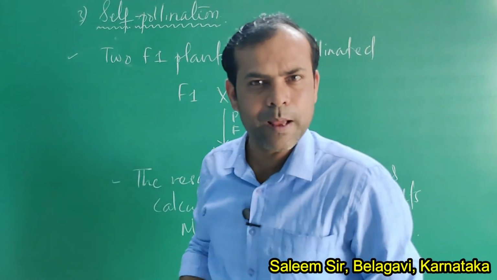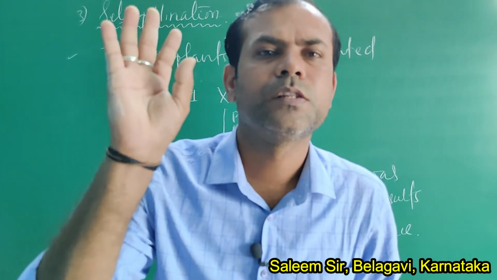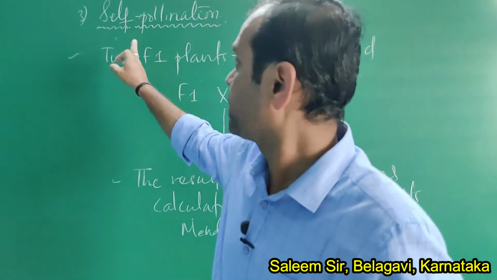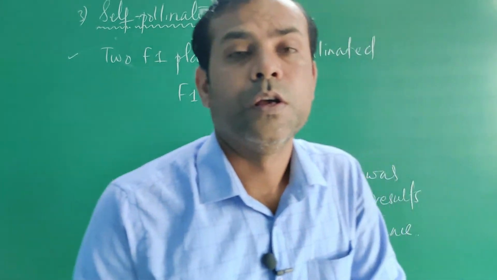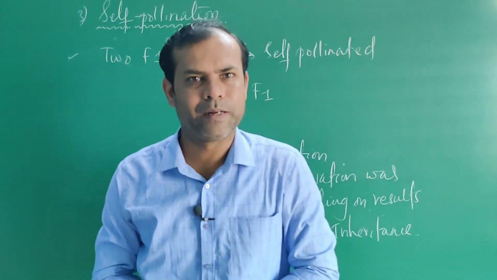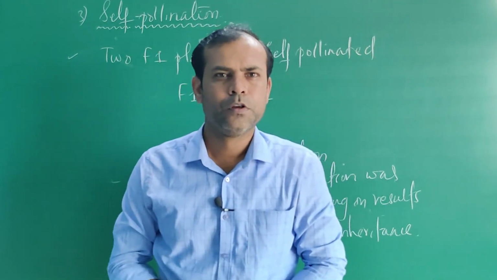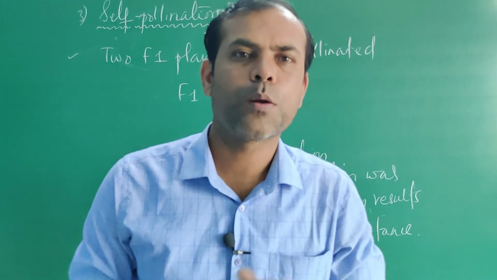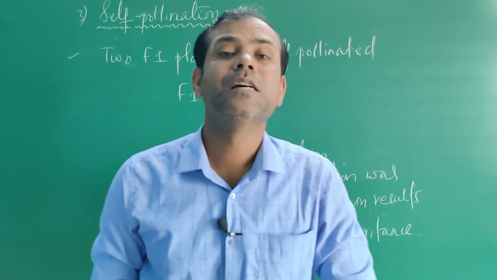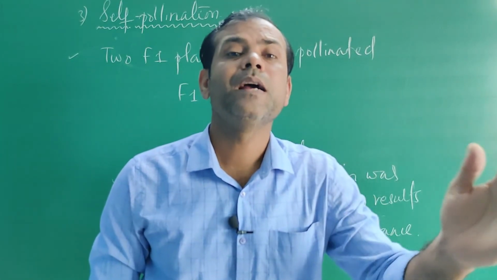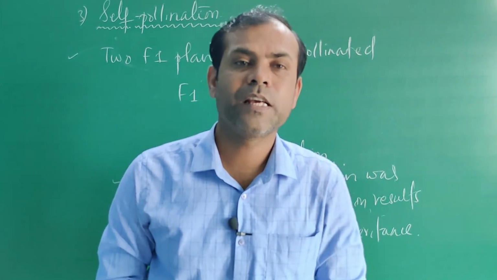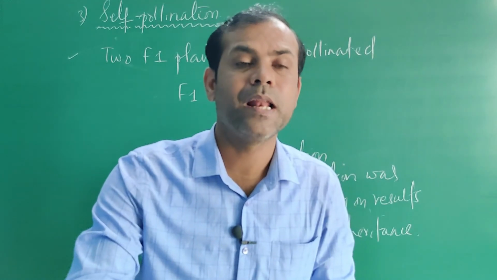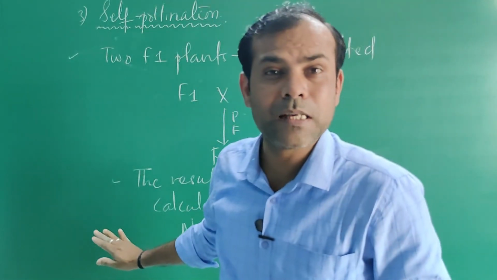What are the three steps? First one is selection of pure line parents. Second one is cross-pollination or hybridization. Third one is self-pollination. Now he conducted two types of experiment by using the same basic technique. First one is the monohybrid cross or monohybrid experiment, and second one is the dihybrid cross or dihybrid experiment. So in the next class we'll see the monohybrid cross and dihybrid cross conducted by Mendel using the same basic technique.